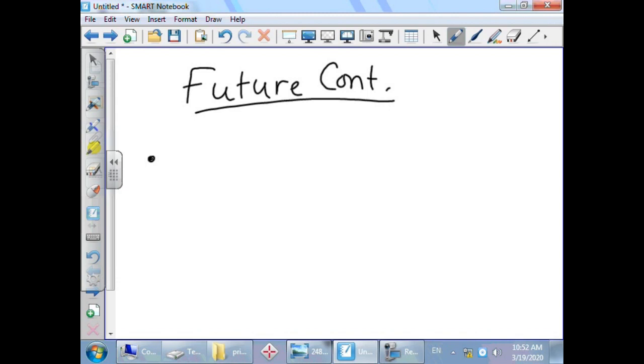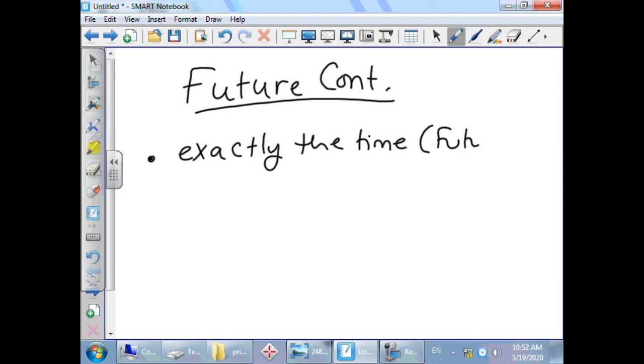So when you know when exactly the time is in the future, of course. Also, we use it to ask politely about something that will happen in the future. So for example, which cities will you be seeing or will you be visiting? So to ask politely about something in the future, all of this in the future.